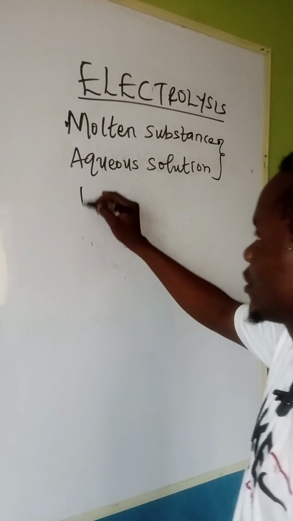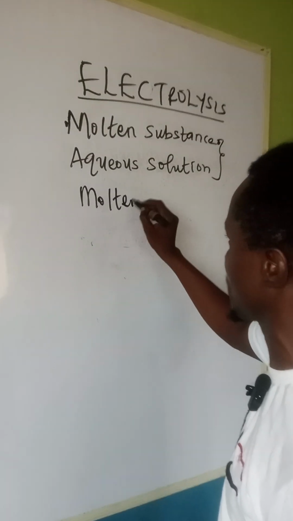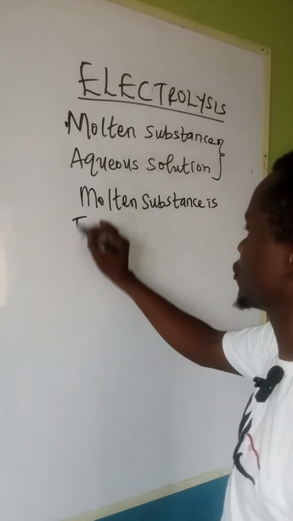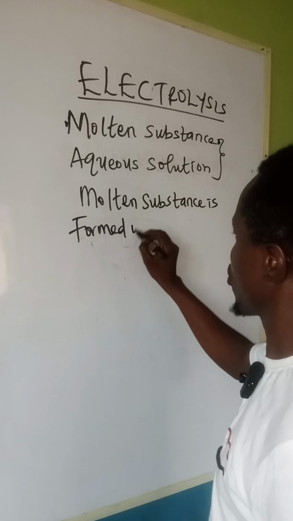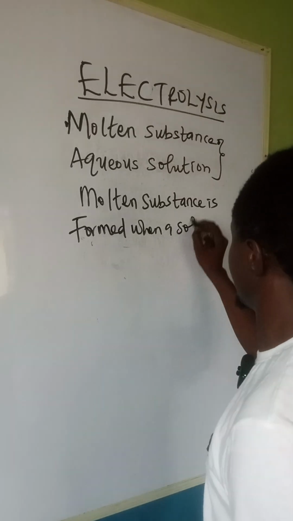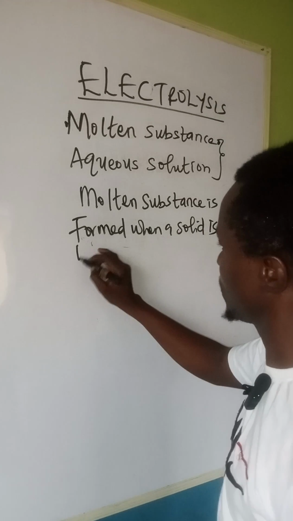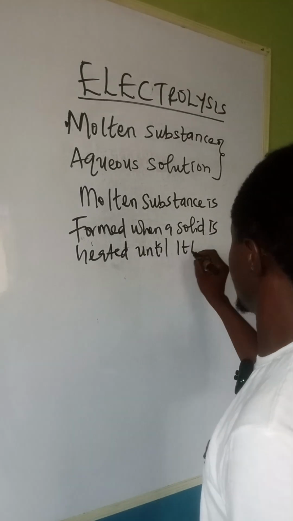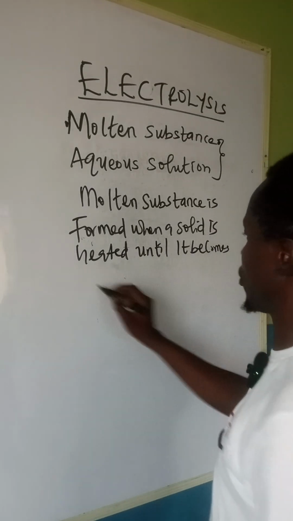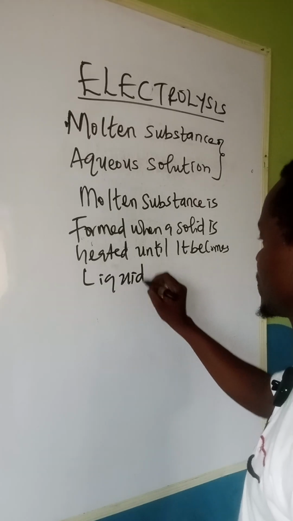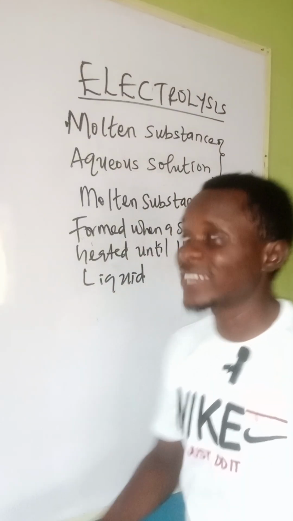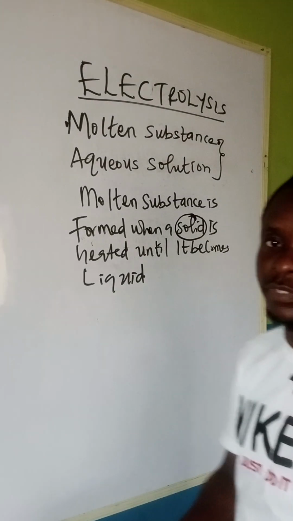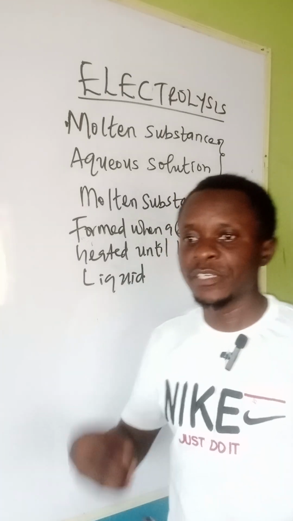Now, you must understand that a molten substance is formed when a solid is heated until it becomes liquid. Now, we must understand that the solid particles here are held in a lattice, and when this